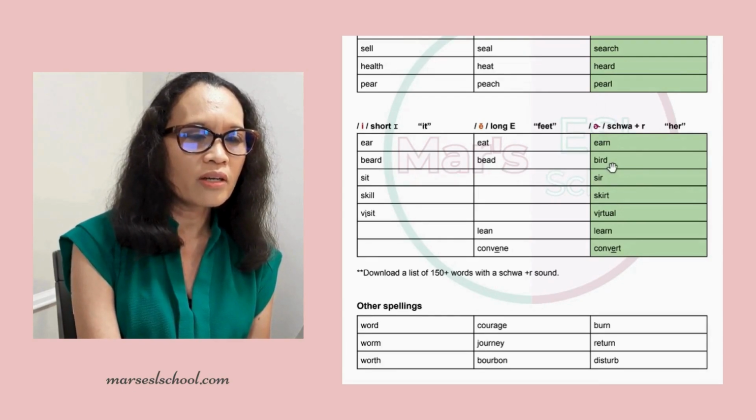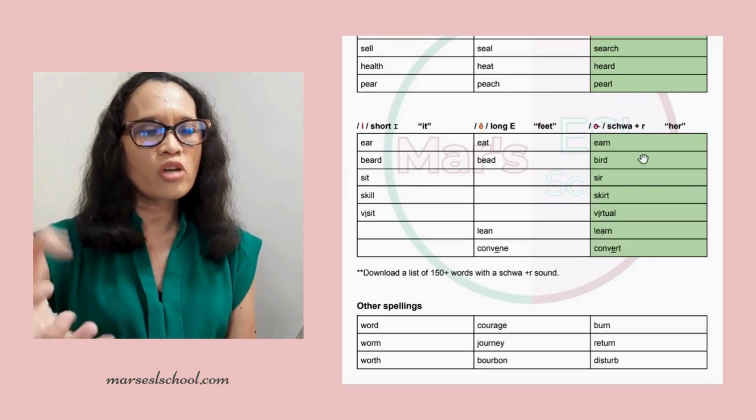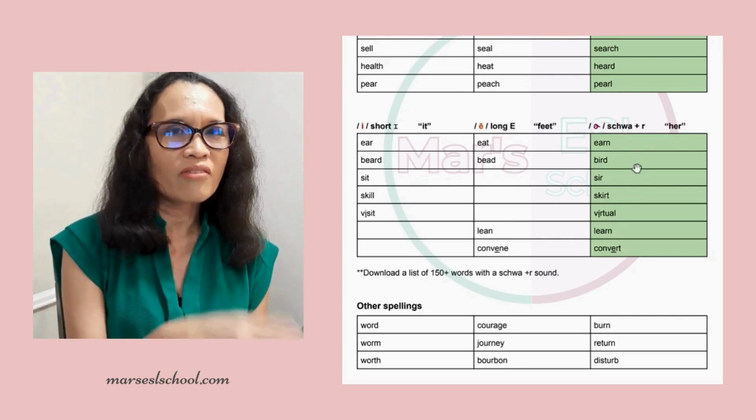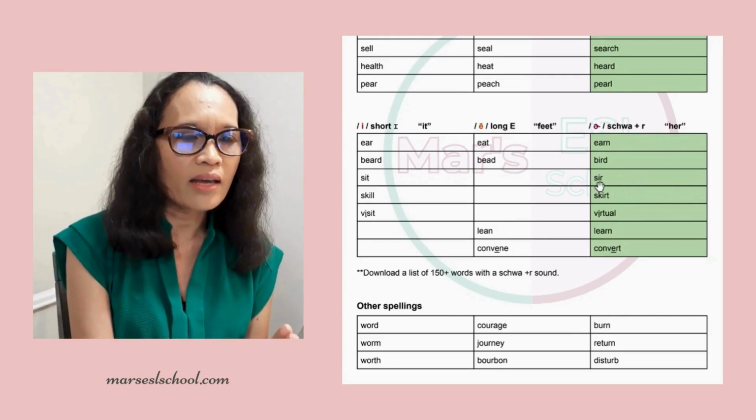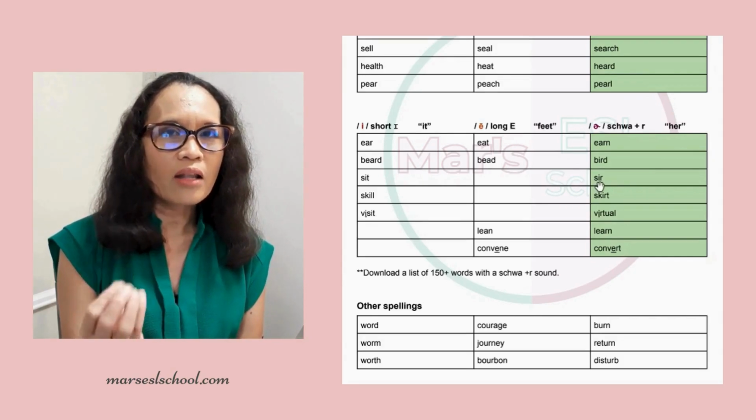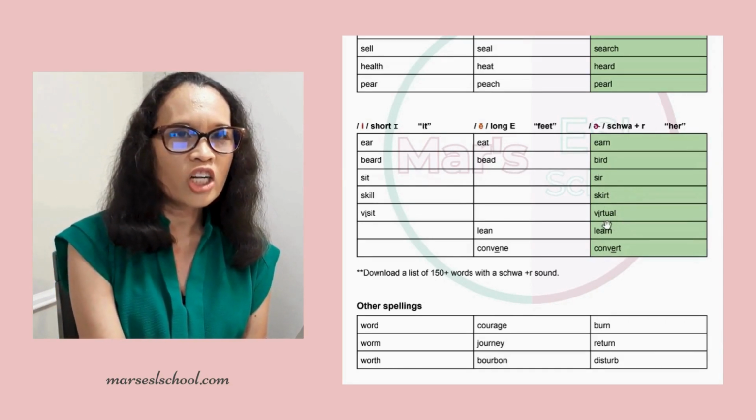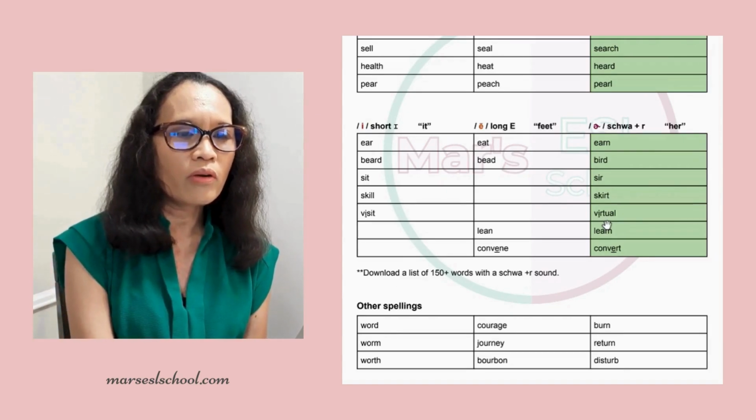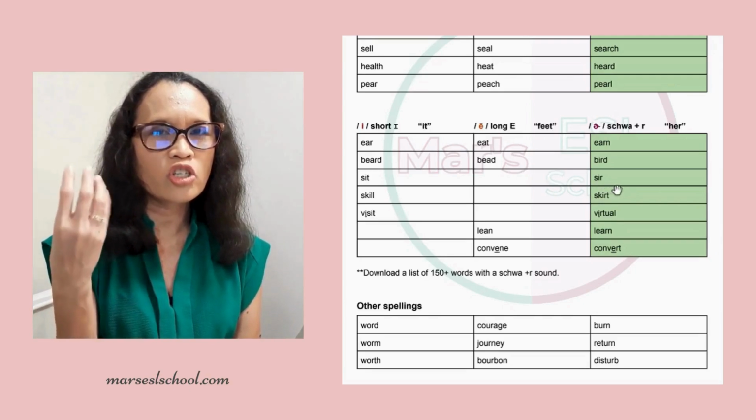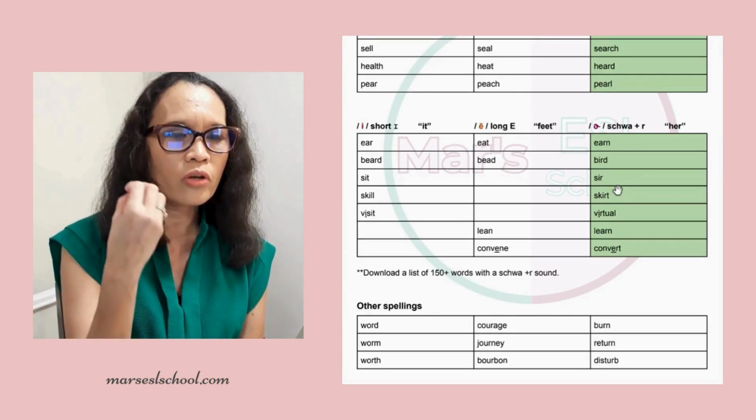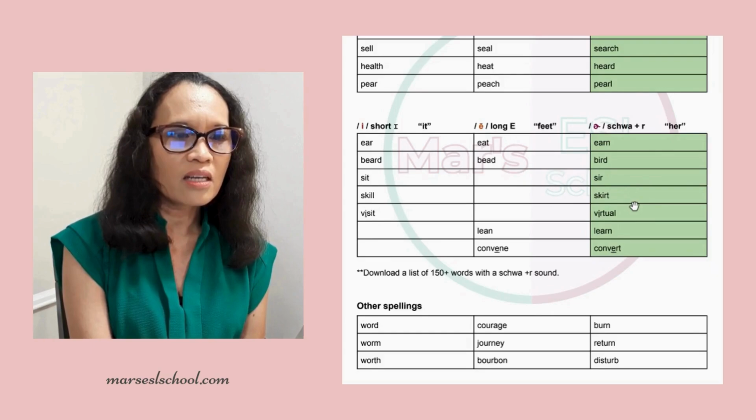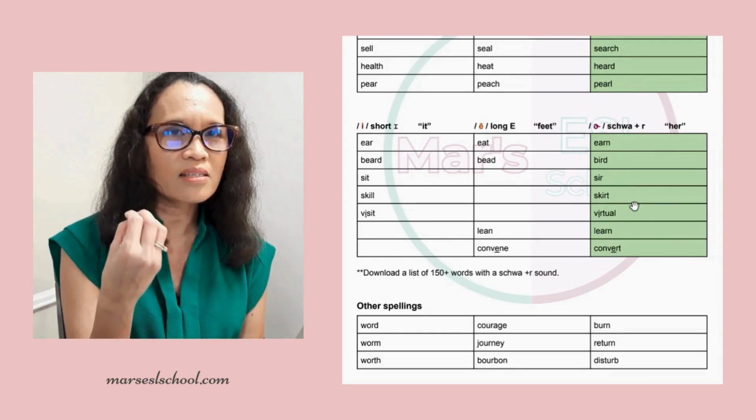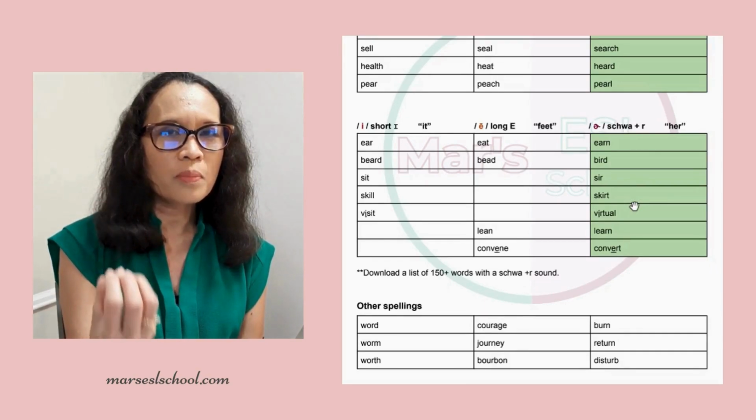So this particular example here, remember the sound, remember the shape of your mouth. Here we have SIR, so there's the letter I in the middle, followed by an R. So here we have sir, skirt, virtual. You don't want to say sear, like in sit, that's a short I. Here we don't have a short I sound, we have a schwa+r sound, sir. You don't want to say skirt like skill, it's with a schwa+r,